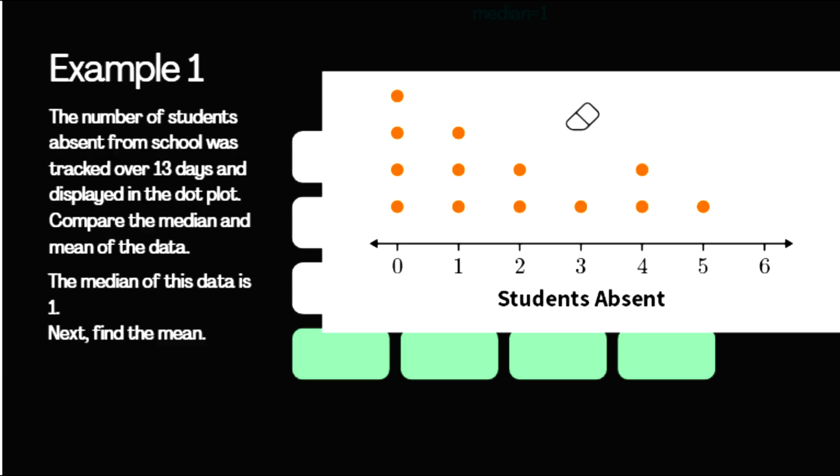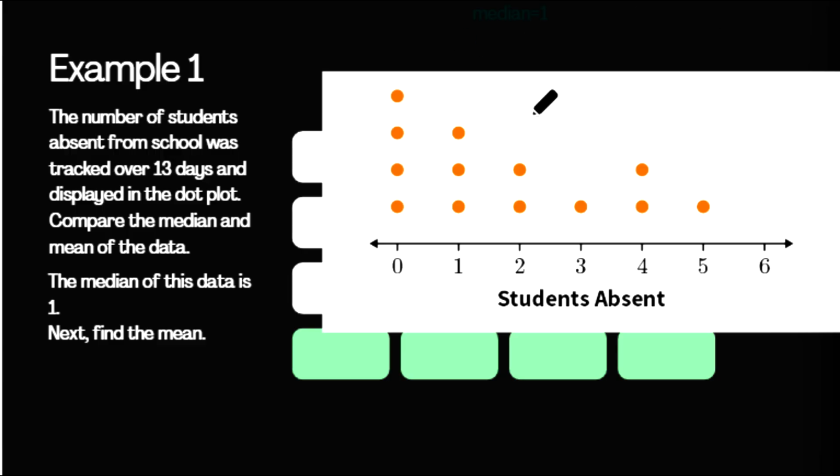Next, we're going to find the mean. How we do that is we add all of these together and divide by 13. It tells us how many dot points we have. So I'm going to grab my calculator, and I can skip all the zeros because 0 plus 0 is 0. We're going to go 1 plus 1 plus 1 plus 2, 2, 3, 4, 4, 5. That gives us 23 divided by 13 gives us